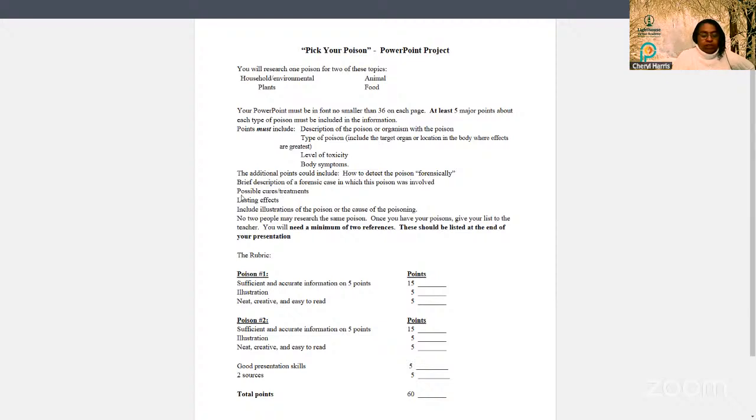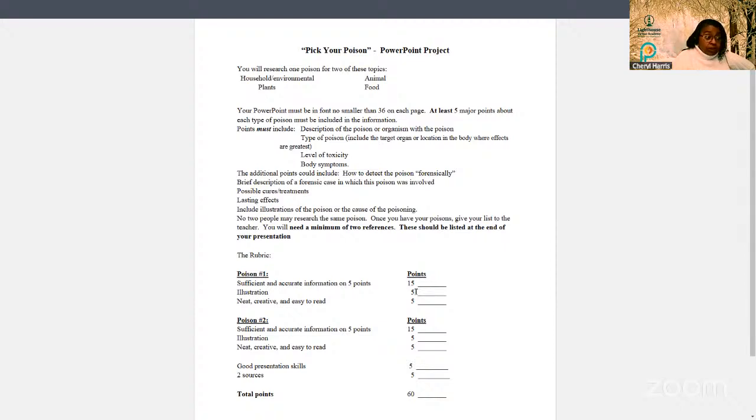You can use as your 5th point, possible cures and treatments, lasting effects. Any of these things will add up to 5 points, or you can touch on all of them. But at least 5 of these things need to be included in your answer. 3 points. So if it's 15 points, that's 3 points a sentence, an illustration, and one that should illustrate